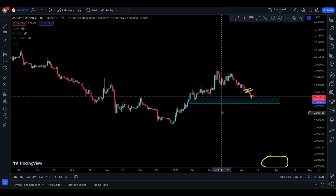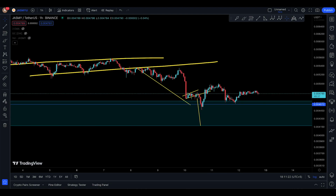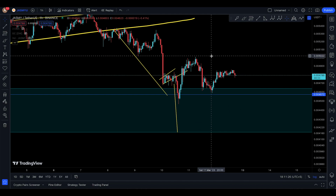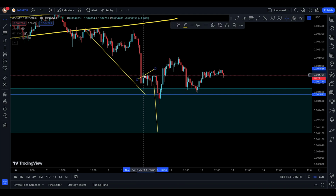Assalamu alaikum everyone, welcome back to JASMY video update today. And we do have some bullish divergences happening across the board for so many different altcoins. Bitcoin has a bullish divergence on the 1 hour time frame, so the 1 hour time frame does look pretty good to me. And you are actually trying to destroy a bear flag, so I don't see the bear flag